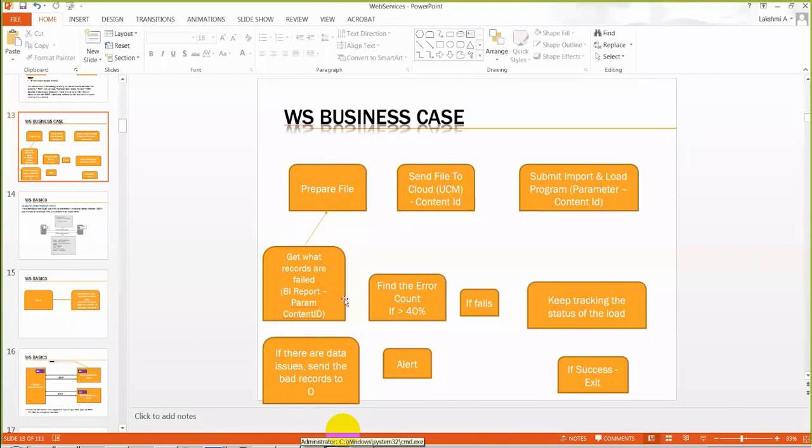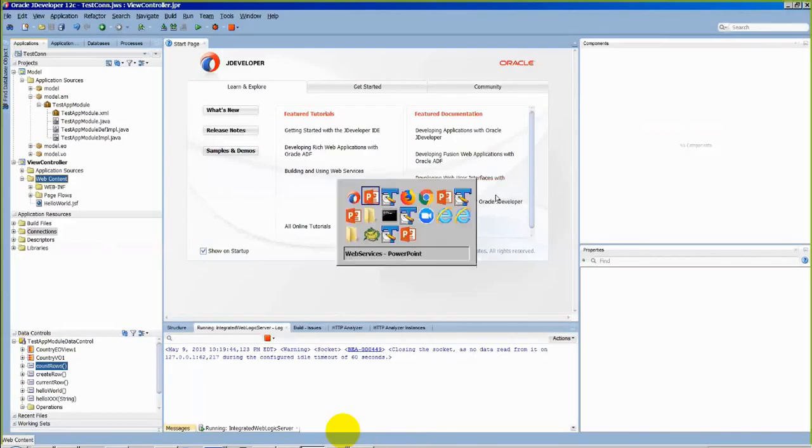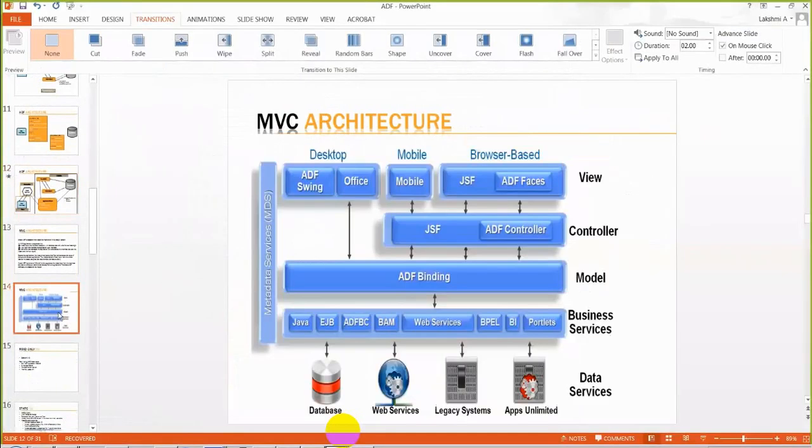Okay, so I will show you how to consume the web services in JDeveloper and how we can test it out. I will again go back to JDeveloper ADF, and again go back to this diagram. We have the view, the user interface, and the controller, through which we place the components on the user interface, and we have the model, where we create entity objects and view objects based on the database, and also we can create them based on the web